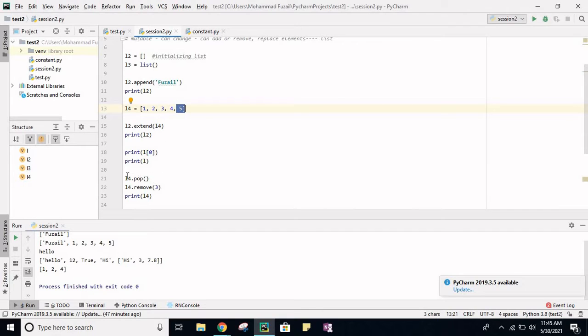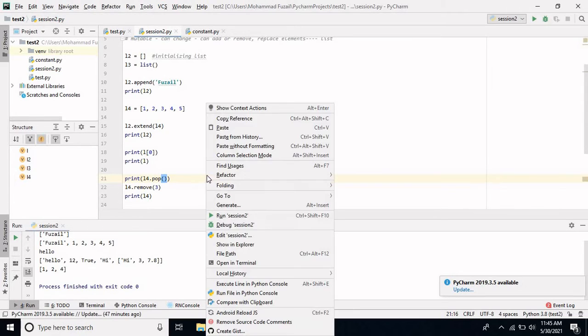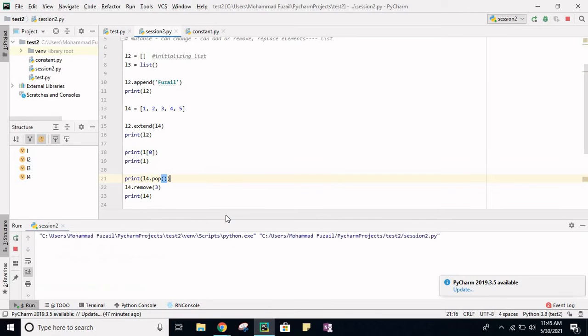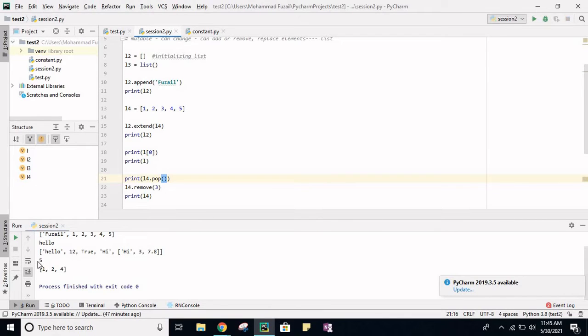and this pop function not just removes, it also returns that particular element. If I print this, you can see what exactly it is removing. See, it returned 5. So this is the benefit of using pop.